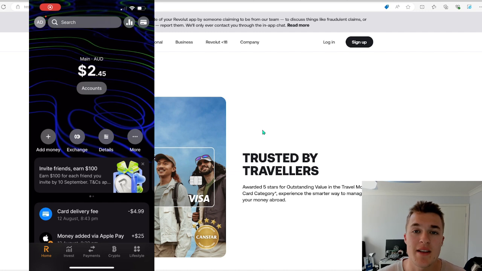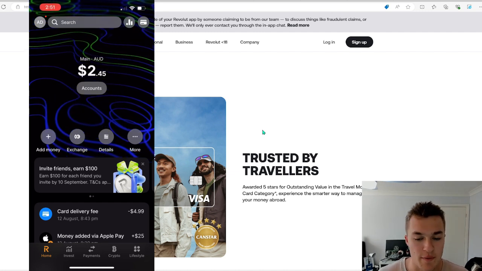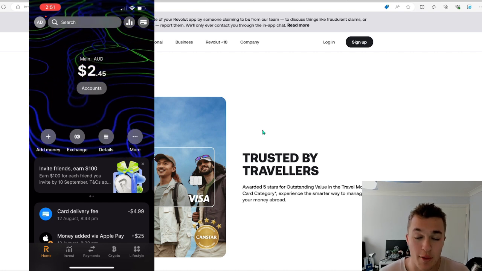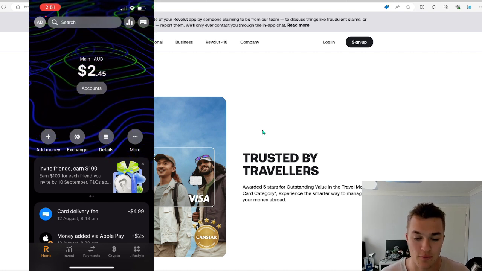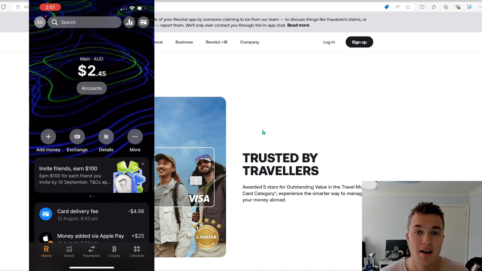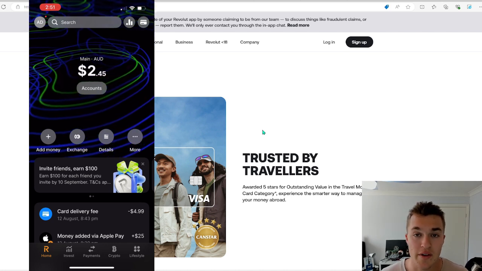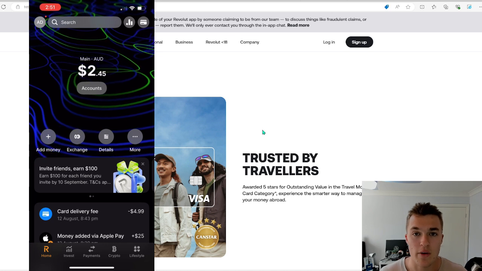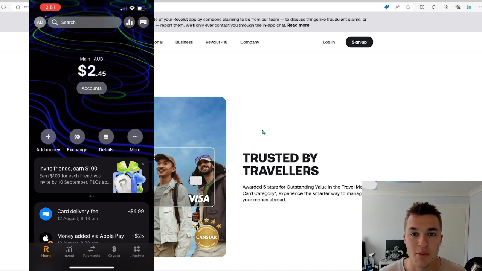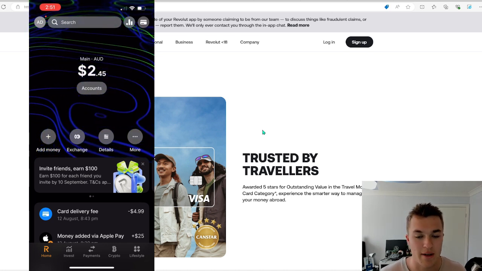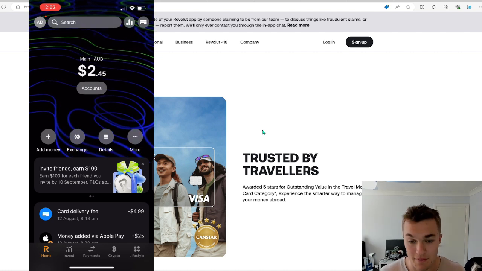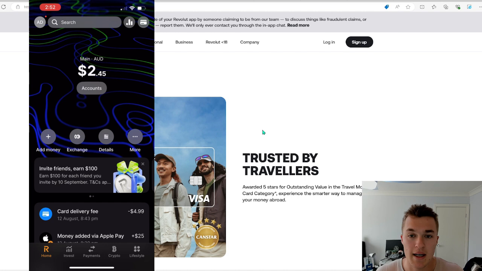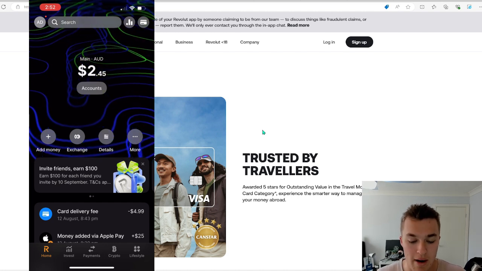All right, so if we now jump into the app, we'll start going through some of the features on offer. I think the main thing people are going to want to use Revolut for is as a travel card, because they do have really good exchange rates on foreign currencies, which you can then go and spend, and it's going to save you a lot of money as opposed to bank accounts that charge 3% on every expenditure plus a flat fee and other things like that. Banks can get very expensive to use as a travel card, so Revolut is a great option.